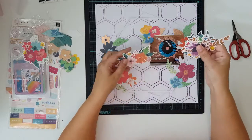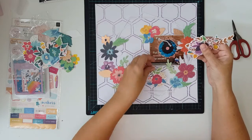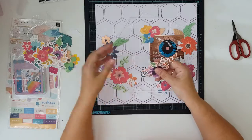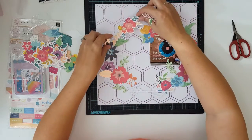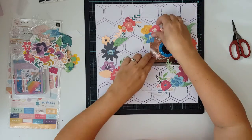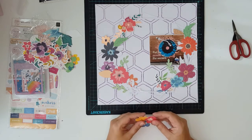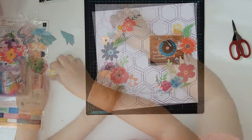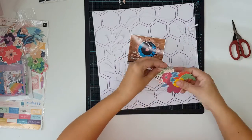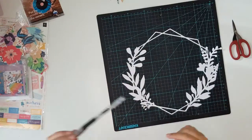Then I went into the floral cluster embellishment pack of the collection, and I was just placing them on top of the layout. Now at this stage you could still see a lot of the cut file, but as I put down all my embellishments, the cut file sort of disappears, and I have to make a plan with that. So what I'm going to do is take everything off and then trace along the cut file. And I do this with just my Uniball pen,